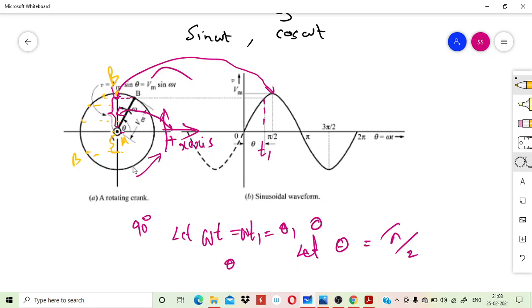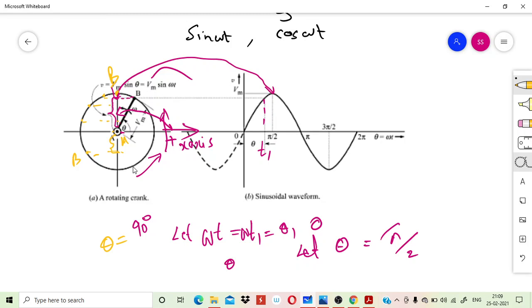So that means it will correspond to the peak value. Okay, that means this crank or this rod is rotated through an angle theta equal to 90 degree, and that corresponds to the value of the sinusoidal function